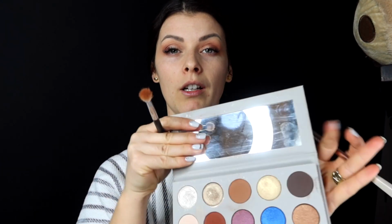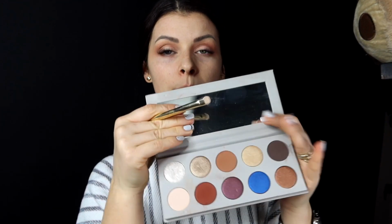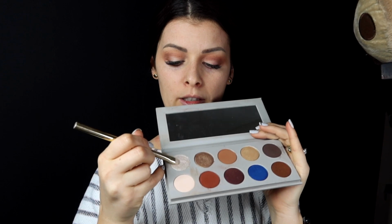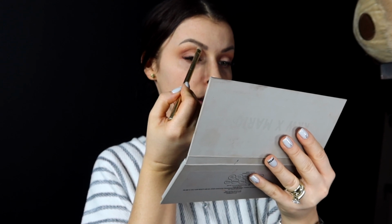Now I'm gonna take a large brush and I'm gonna blend all together. Now I'm gonna use the same color, the first color, white one, with the same brush, and I'm gonna go right in the middle. I'm gonna take a very small brush and I'm gonna just use some of this sparkly glitter, whatever, and go right underneath my